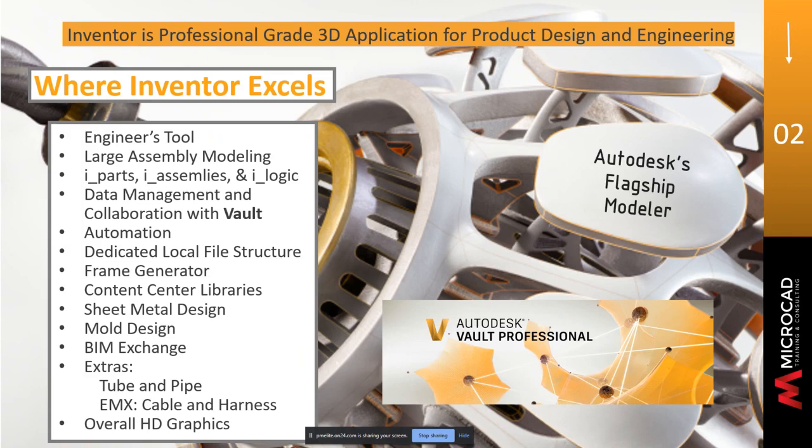Dedicated local file structure. So that is how Inventor typically saves all of its information. It will be saved in your directory within your operating system. Fusion kind of handles that a little differently, and I will get into that when we get onto the Fusion page. But as it's stored in the directory and works with Vault, it can automatically go into Vault, and you